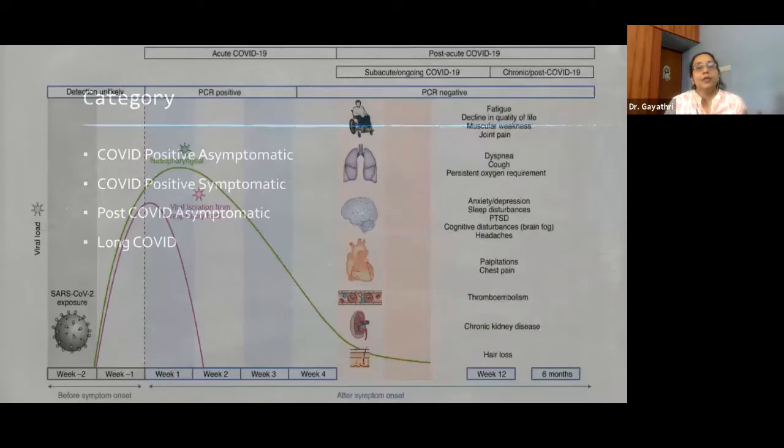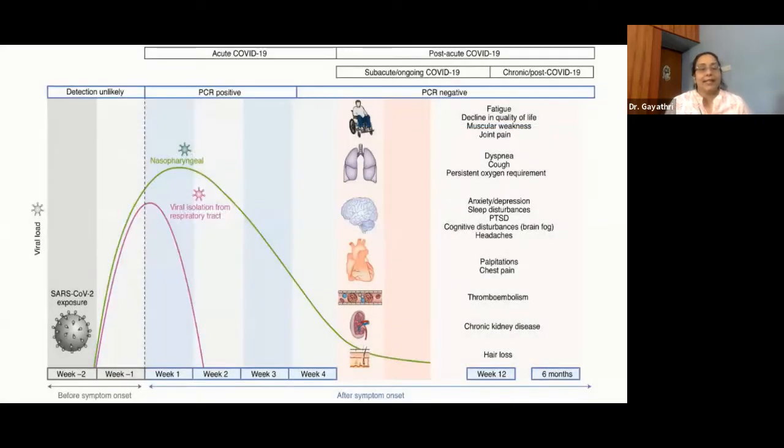Now, this is the full spectrum of COVID in which the patient can meet us. For example, he would have already contracted the disease, but he's not yet PCR positive, or he might come to a state where he is PCR positive and he may come for some emergency surgery, or maybe that he's no more positive and he's no more infective to doctors or other healthcare professionals, but he's having some